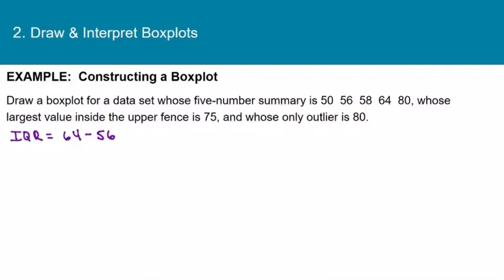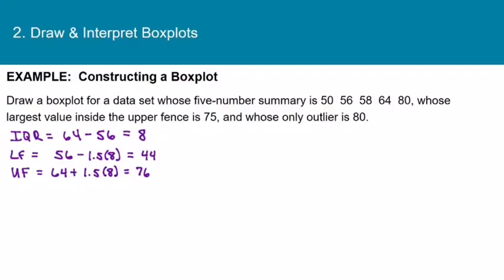Well, let's start by finding the IQR and the fences. So the IQR would be Q3 minus Q1, which is 64 minus 56, which is 8. Then the lower fence is going to be 56 minus 1.5 times the IQR. So the lower fence is 44. And the upper fence is going to be Q3 plus 1.5 times the IQR. So the upper fence is 76. Now, any numbers that are not between 44 and 76 would be outliers, but they told us the only outlier